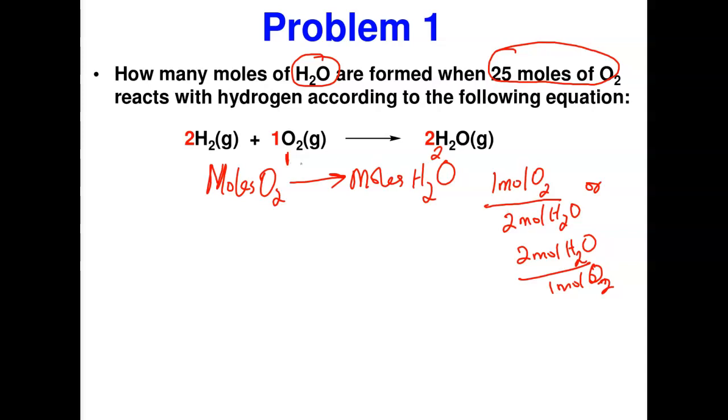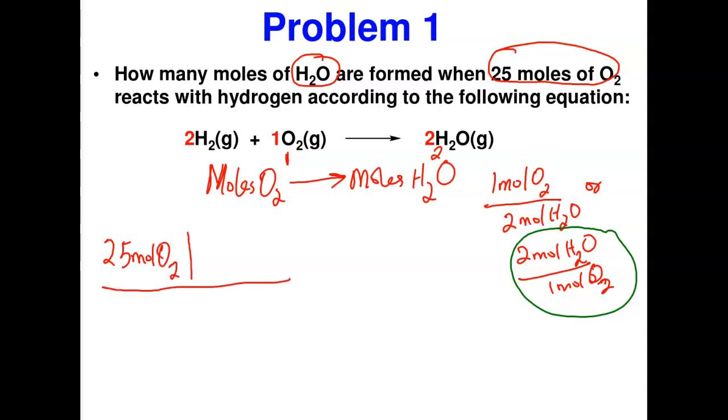Now, which of these I'm going to use depends on what I'm given. So I'm given that of oxygen. What it means is I want oxygen to be low. And the one that has oxygen below in a fraction is this one. So this is the conversion factor I'm going to use. Now, if I move that to the left side, what am I going to do? You always start from the known. The known is 25 moles of oxygen. I'm going to draw my square bracket. Now, I'm using this conversion factor because the oxygen is below. And if you look at it diagonally, oxygen has to be low. So it's going to be 1 mole of oxygen on top, 2 moles of